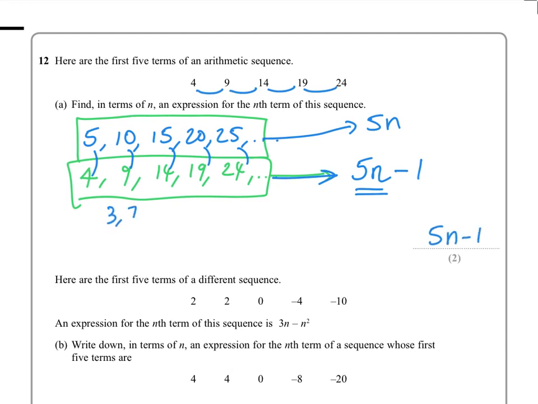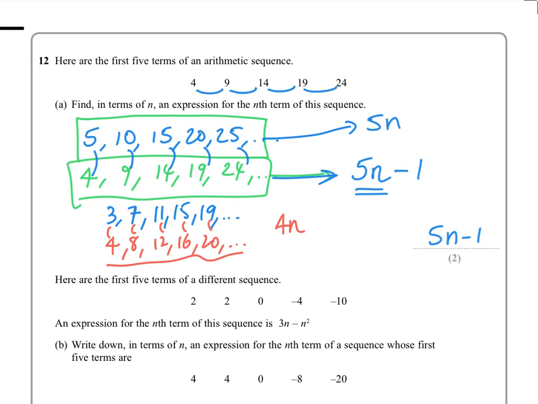Let's do 3, 7, so it's going up in 4s, 11, 15, 19. So it goes up in 4s, so it's in the 4 times table, so we know it's to do with 4n. So if we write the 4 times table underneath, then how do we get from the 4 times table here to what we want? Well, if we do the 4 times table and we take away 1 each time, then that will give us